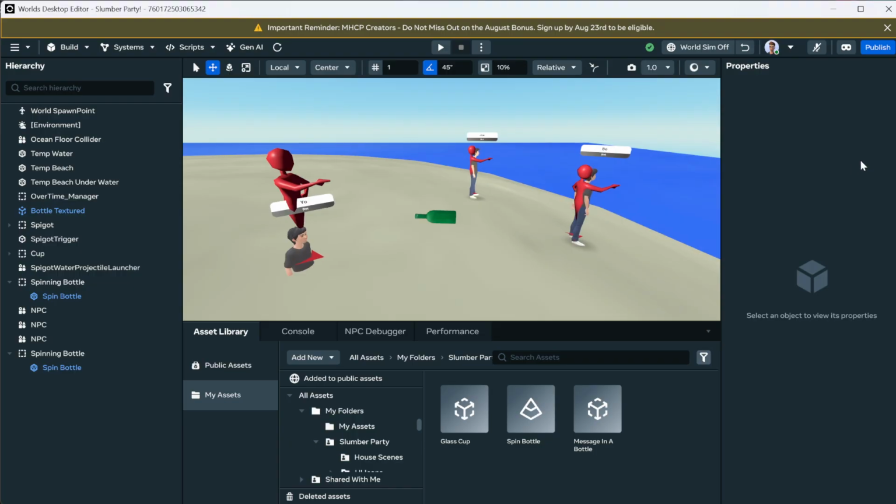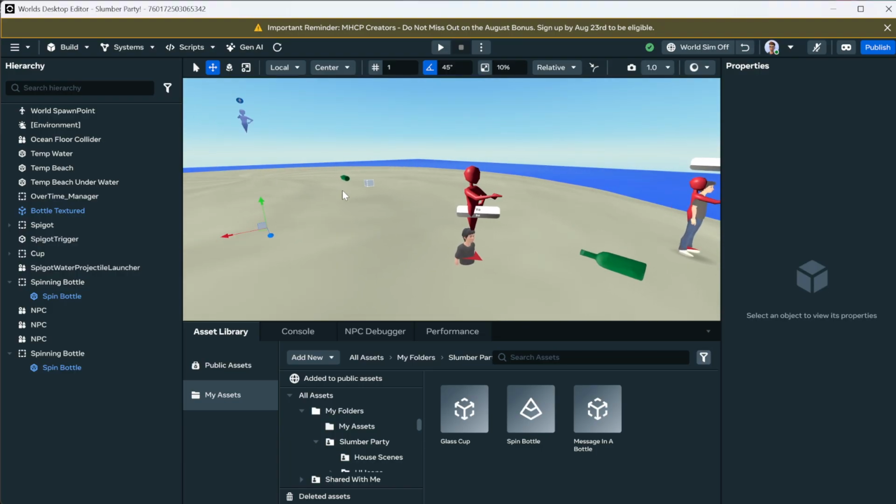I know. But I was always upset that spin the bottle wasn't a proper spin the bottle, okay? I don't like shooting games. This is going to be, hopefully, super socially uncomfortable. And so I've got my 3 NPCs set up here, and I took that spin the bottle mechanic and built